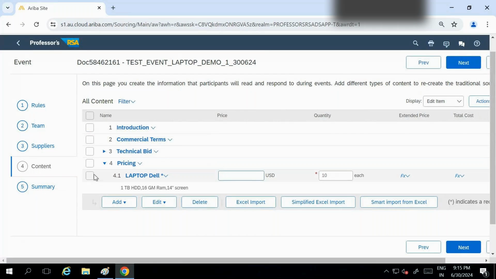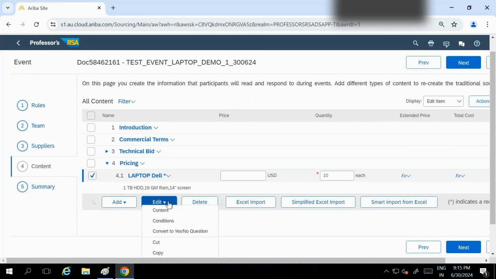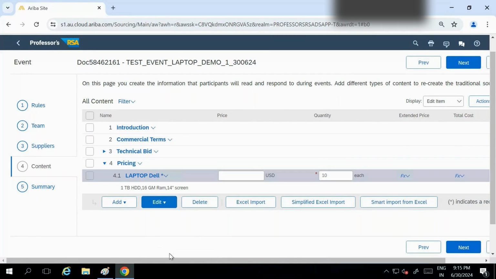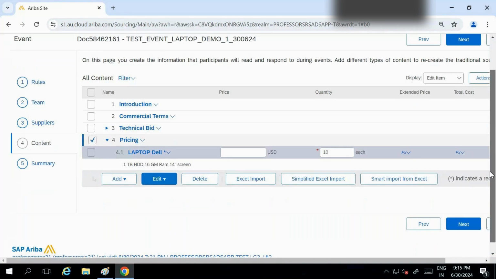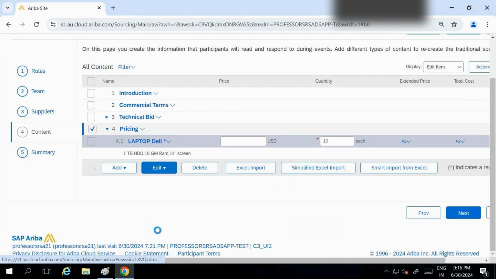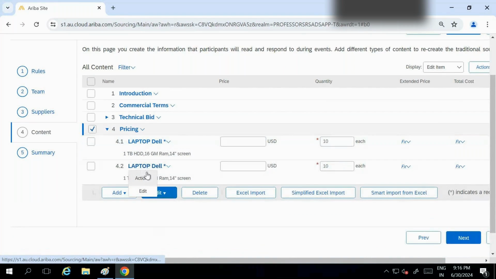So I'll simply copy this. I'll create one more line item quickly. I'll go and edit this one.